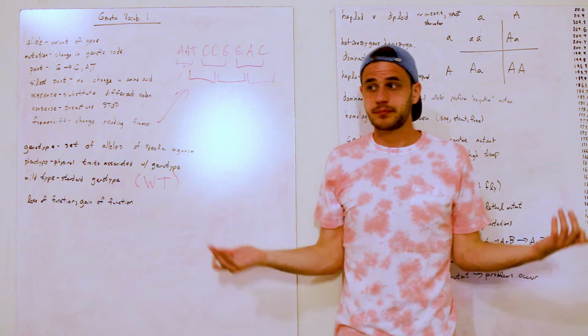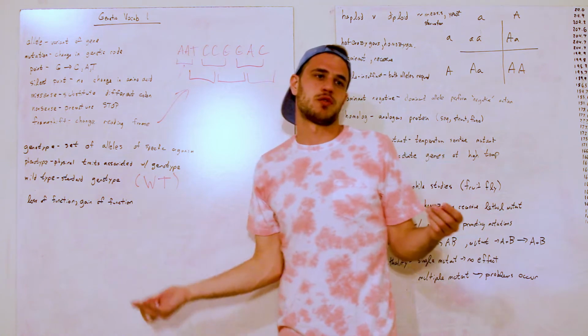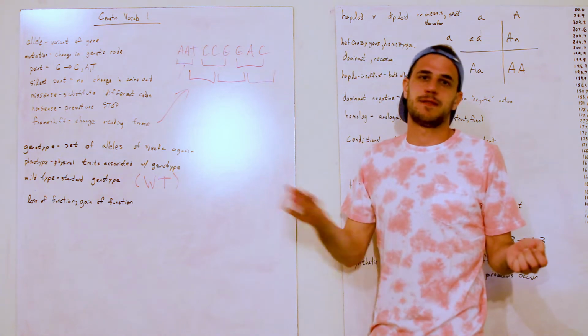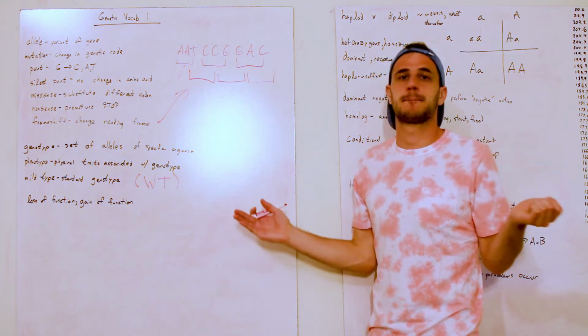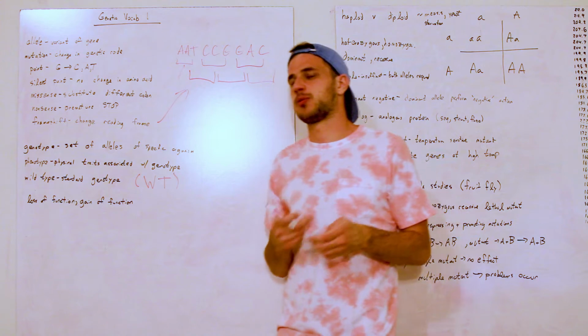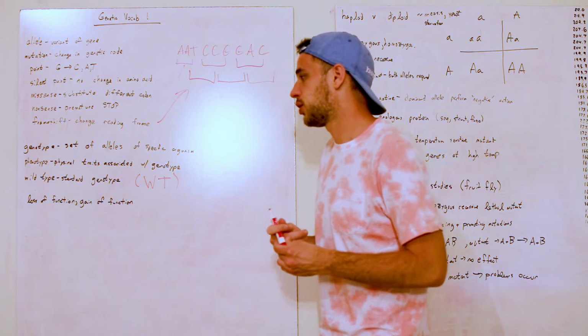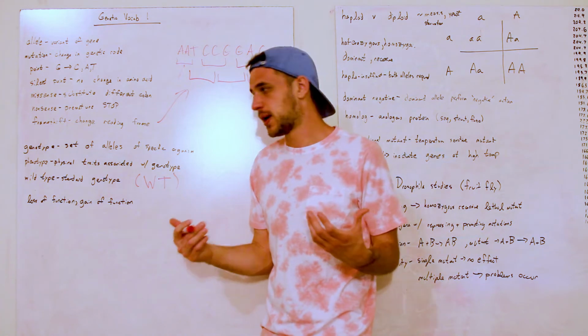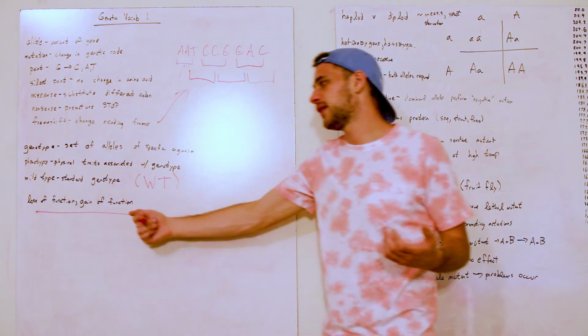protein that goes from, say, alanine to valine. Not a lot changes when you go from alanine to valine, because it's pretty much the same structure. And so then you get pretty much no change in function. But you can have a loss of function or a gain of function.